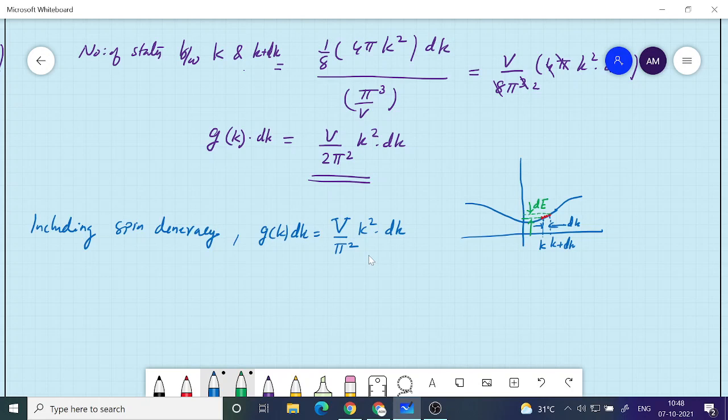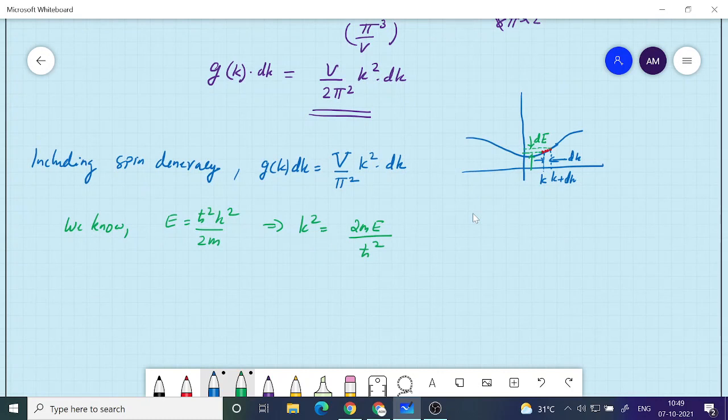What we need to do is use the relation between energy and momentum, which we know: E is equal to, again, h cut square k square by 2m. So this relationship I can make use of. I can substitute for k square here. Therefore k square is basically 2mE by h cut square. Similarly, I can also substitute for dk. What is dk? You take a derivative on both sides, so that will give you 2k dk